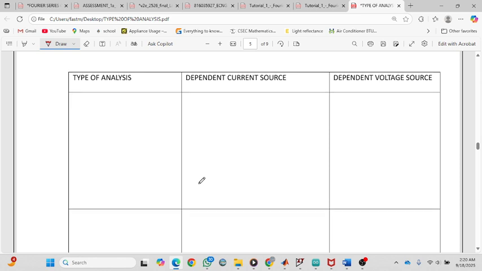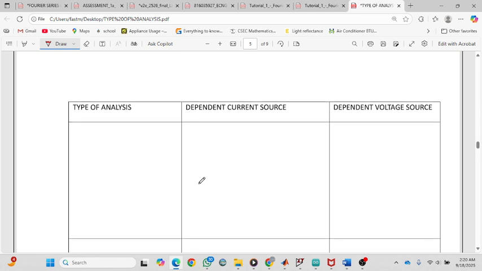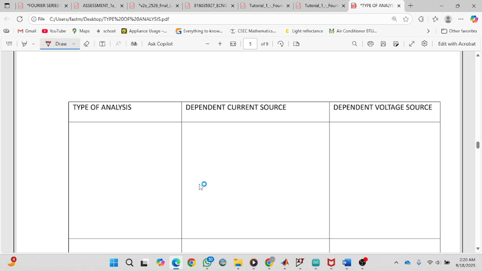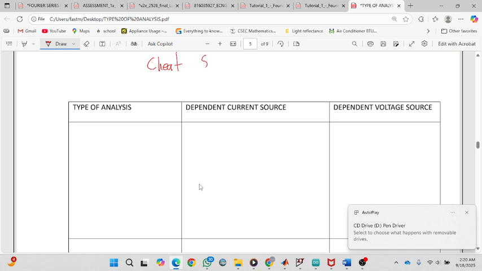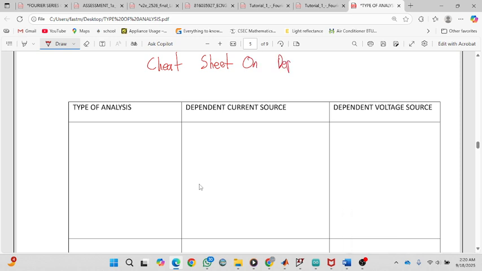So this topic here is basically kind of like a cheat sheet on dependent sources. So what are dependent sources? It's basically like a diamond. You have diamonds. So you can have a dependent current source, or you can have a dependent